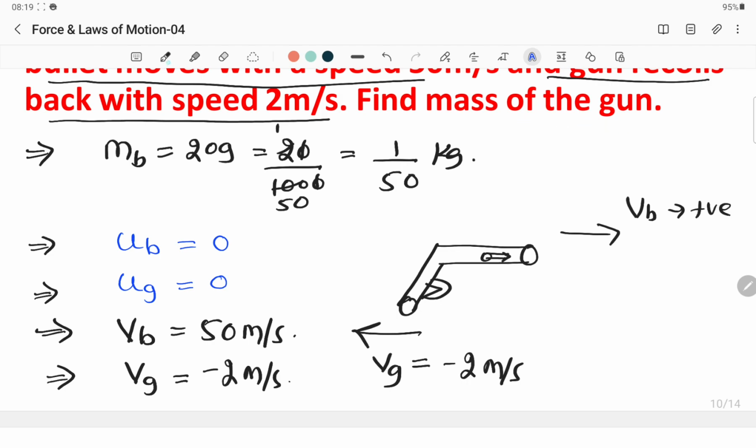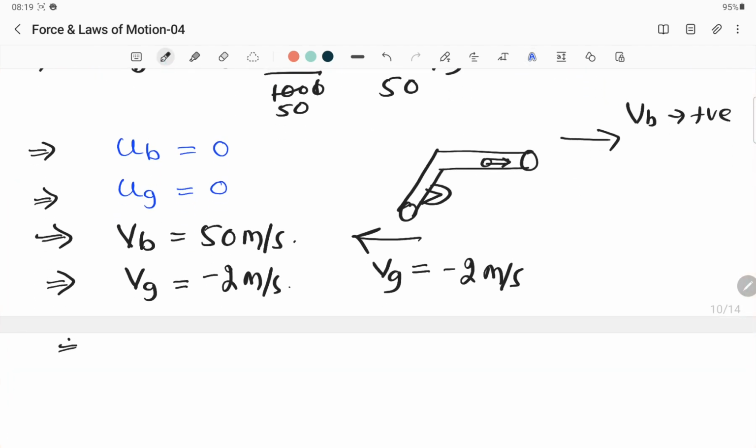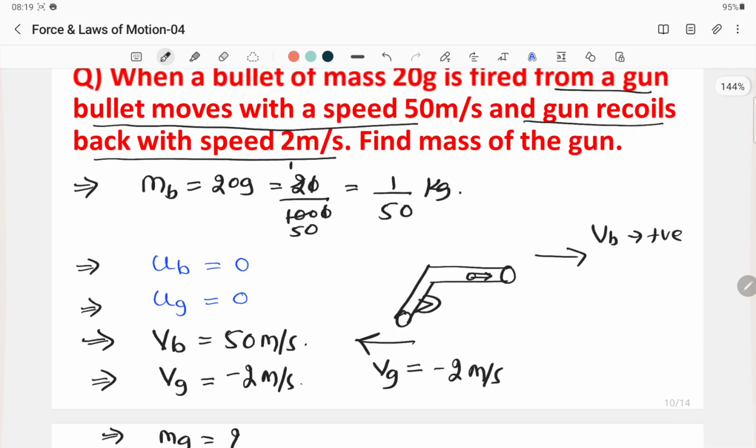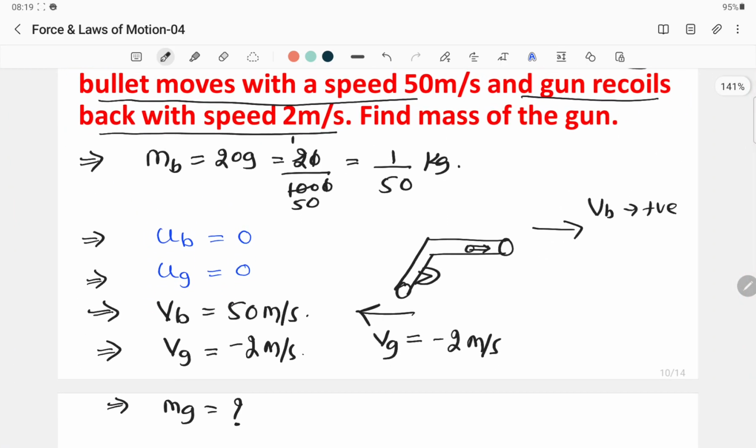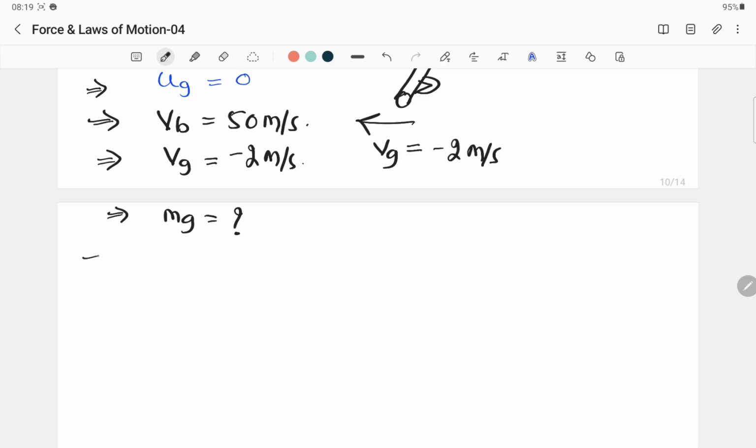Now find the mass of the gun. Mass of the gun means mg. mg is equal to question mark. I hope the whole concept is quite clear. Try to observe all these things one more time, so that whenever you are doing it in the exam, it becomes hassle free for you. Okay, so these have to be taken very carefully. Now all the things are there. Now according to